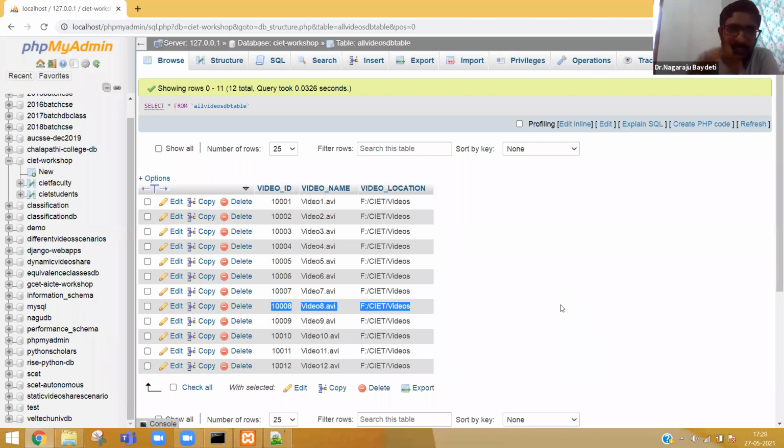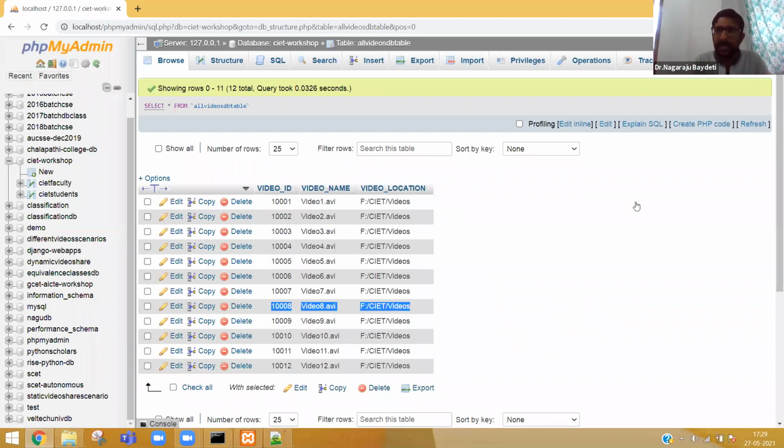Imagine this is a market and video 8 is an apple. So you are going to the market, getting the apple and then keeping it in the refrigerator. Here the refrigerator is like a cache table. I am using this refrigerator so that you will connect. Don't say cache means refrigerator. Okay, it's just an imagination.